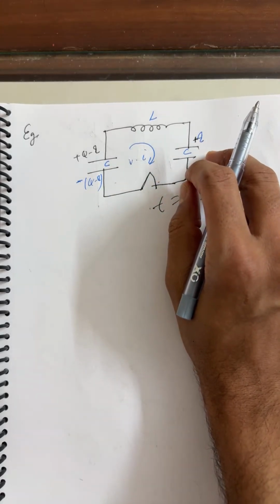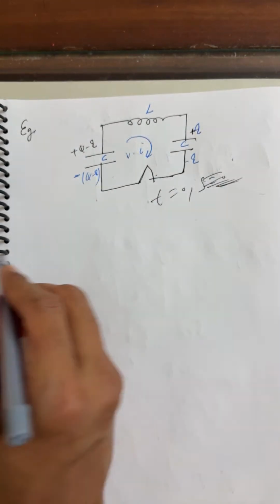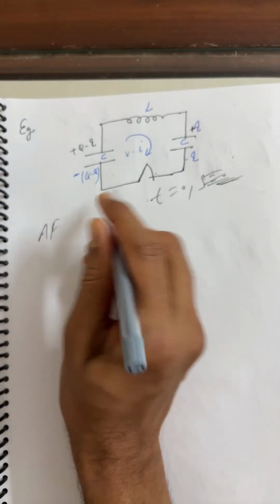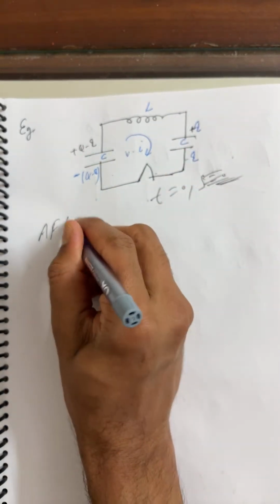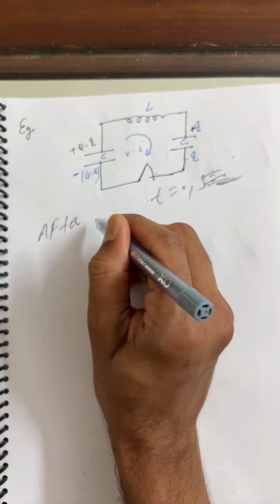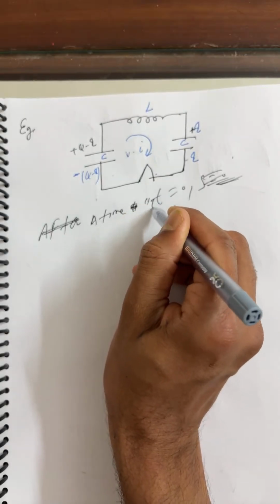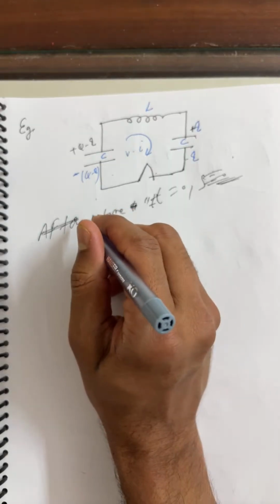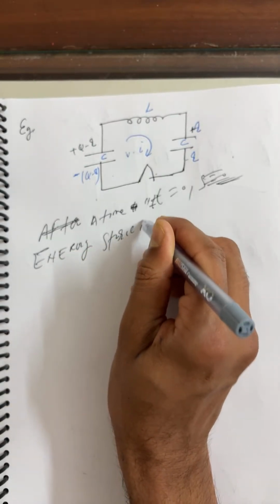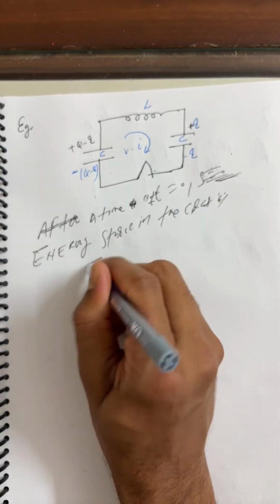Because once the switch is closed, current starts. So after time t, the energy stored in the circuit is, because energy is stored in the capacitors and also in the inductor, at time t, the energy stored in the circuit is